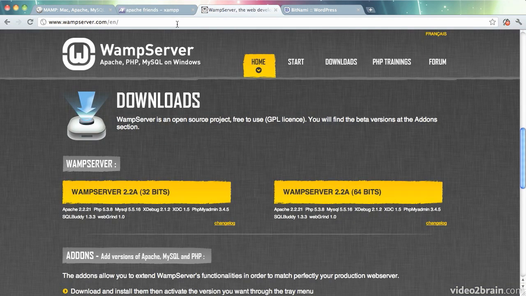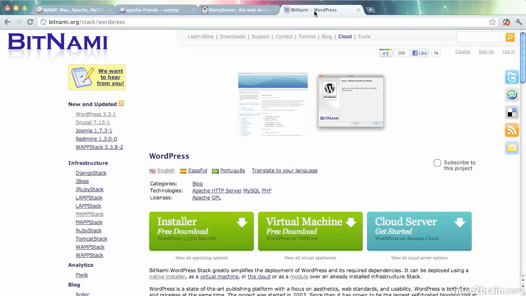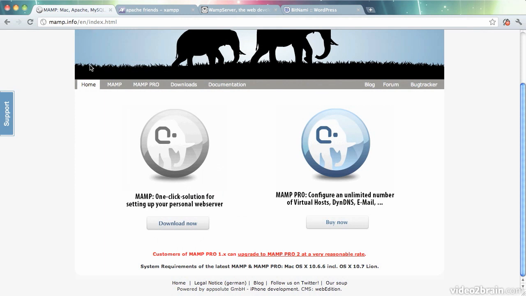For Windows users, there's one called WAMP. Same deal, Apache, PHP, and MySQL on Windows. And there's another option called Bitnami, which has a WordPress stack which provides you with WordPress and everything that you need to run it. The one I use is MAMP. The nice thing about all of these is that you can work on WordPress sites without having an internet connection,